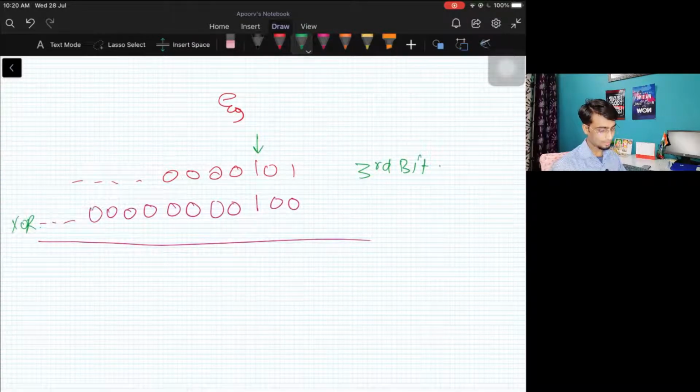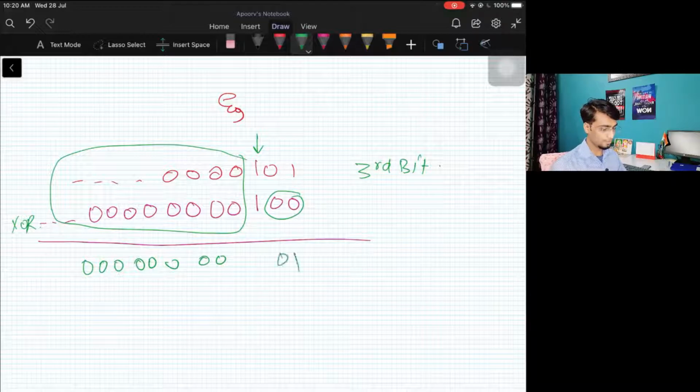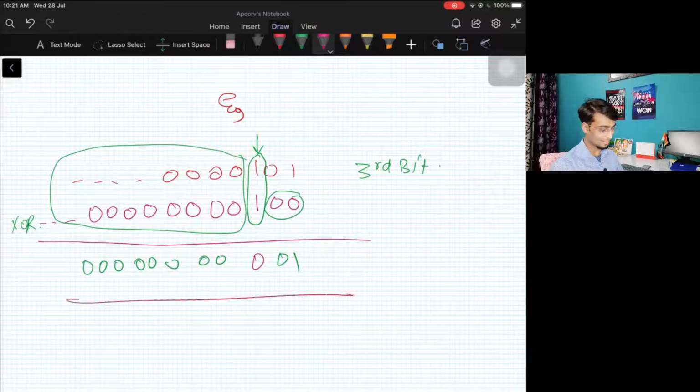So what will happen is, at these places, whatever was on the top, whatever was the original bit, that will be copied as it is. Like here they are all 0, so they'll be copied as it is. Here also 0 1 is copied. Now only here we are doing an XOR operation, so the bit we are concerned about, we are doing an XOR with 1, so it will get flipped. 1 XOR 1 is 0. Our answer, right?